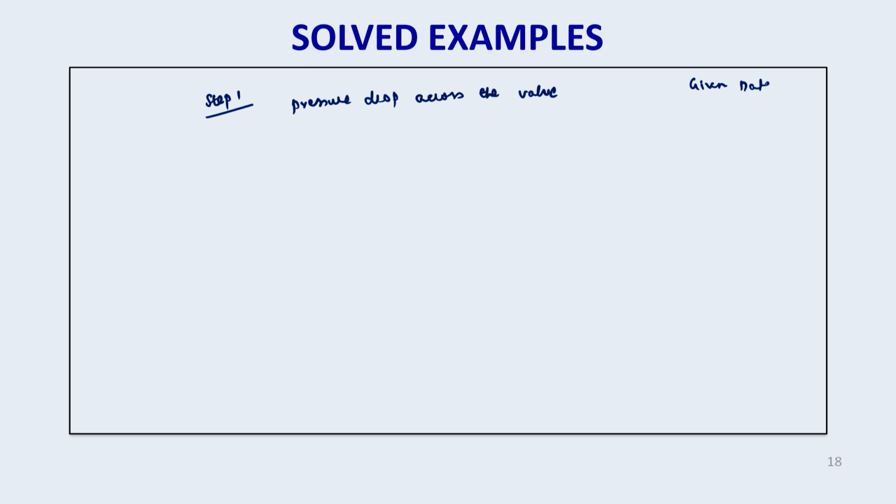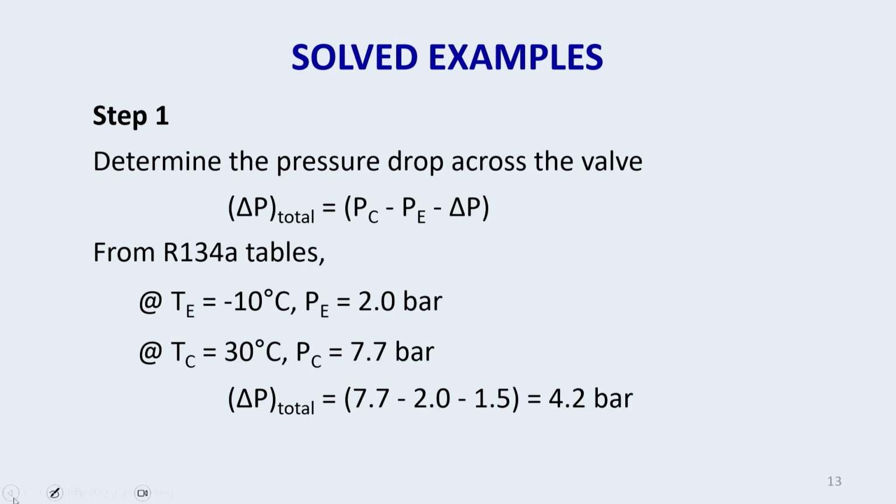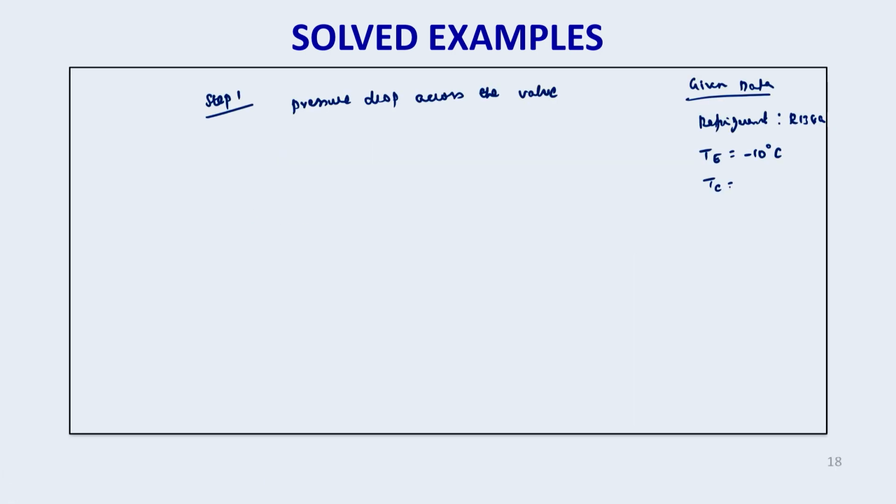Given data: refrigerant is R134A. Evaporator temperature is minus 10 degrees centigrade. Condenser temperature is 30 degrees centigrade. Cooling capacity is given as 6 kilowatt. So the pressure drop across the valve, that is the total